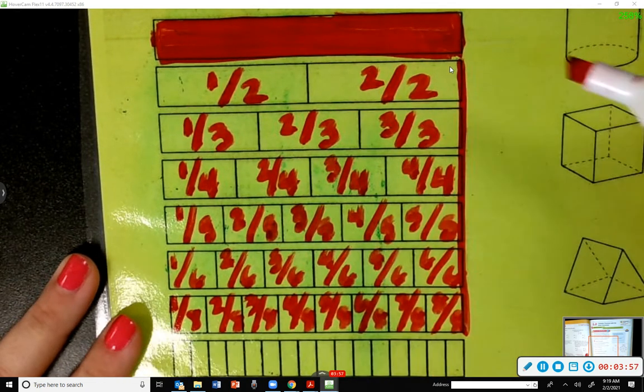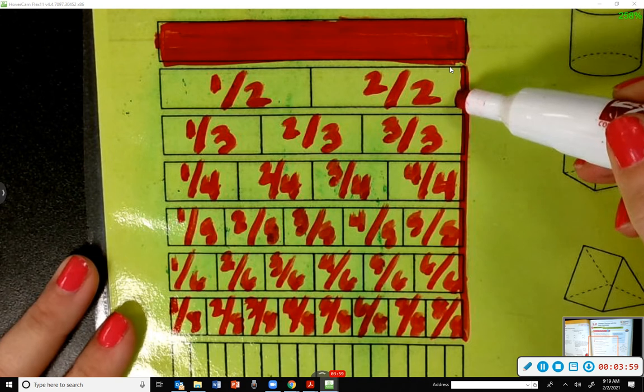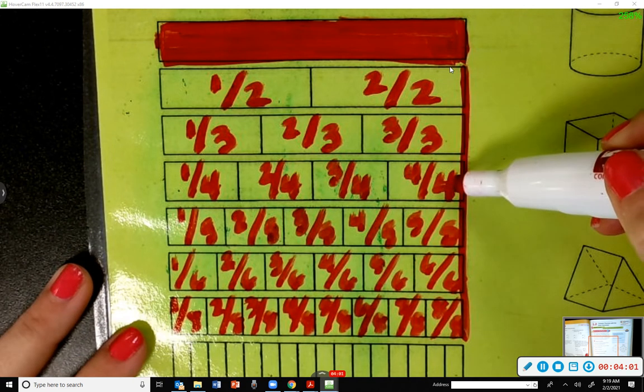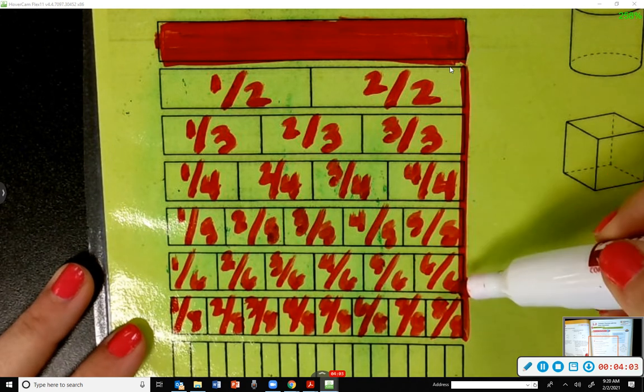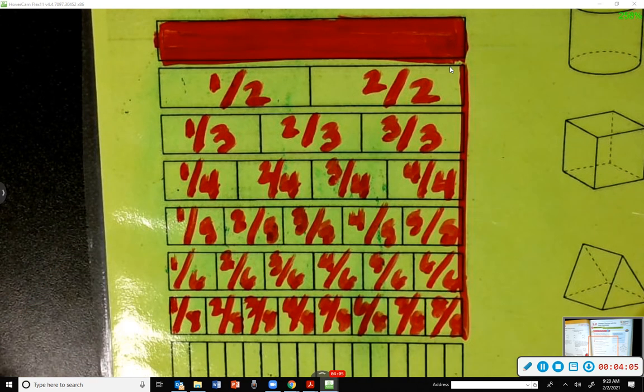Equal. Okay? So 2/2 equals a whole. 3/3 is a whole. 4/4, 5/5, 6/6, 8/8. Those all equal what, class? A whole. A whole. Okay? But that's not what we're focusing on today. I just wanted y'all to see that and know what equals a whole. We should already know that, but now another thing I want you to notice is look at the pieces as